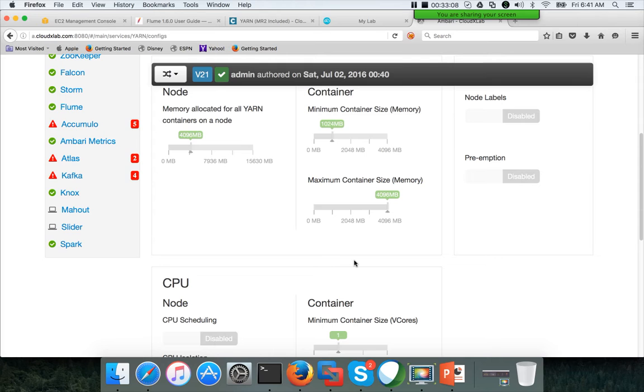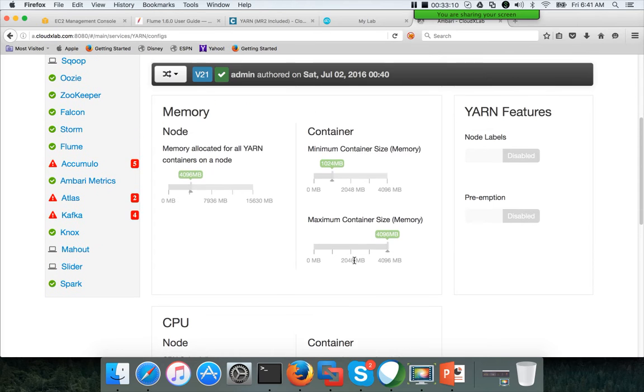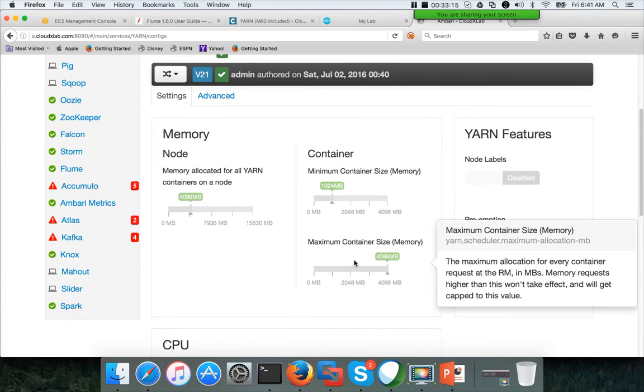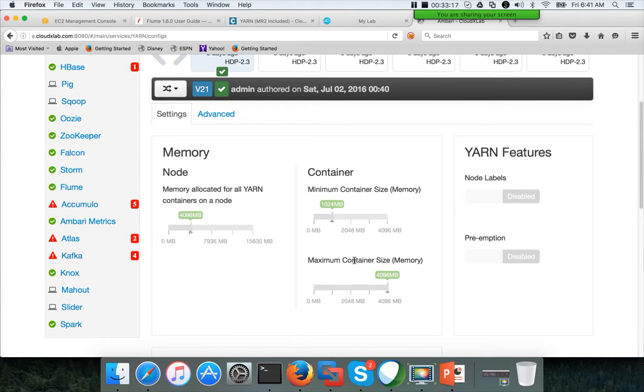When you try to set up the cluster using Ambari, it will ask you to customize settings. In that you have to review these settings. The window will look like this only, even in the wizard.